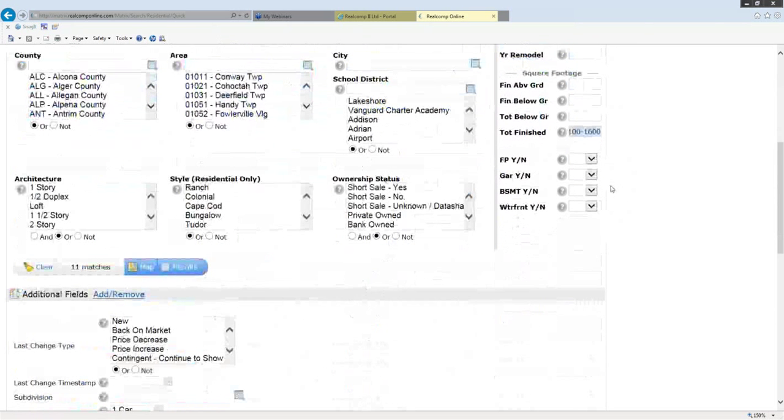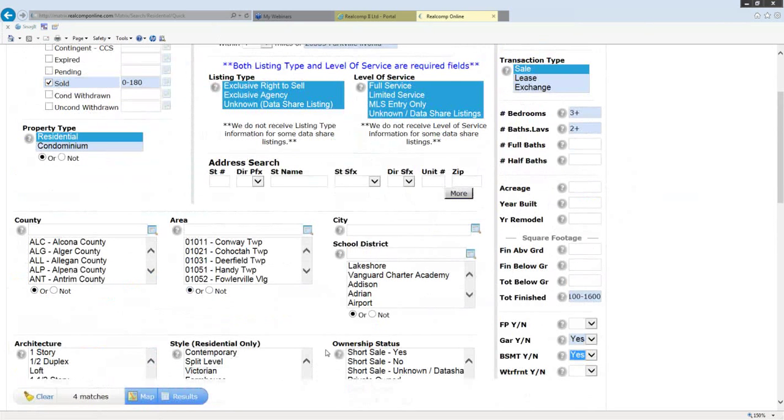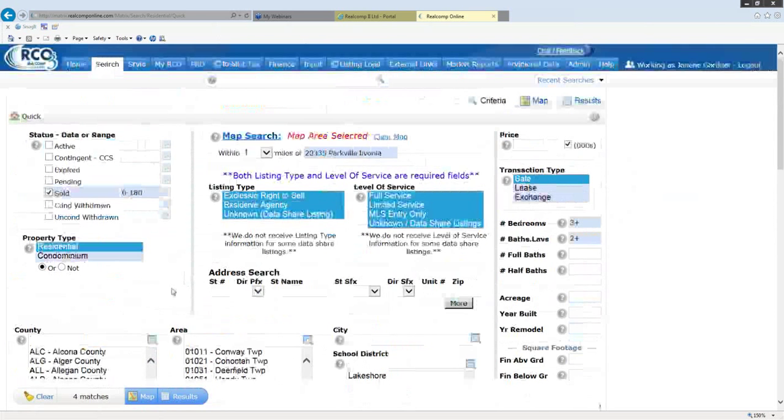The subject property happens to have a garage and happens to have a basement. So I'm going to enter those. So yes for garage and yes for basement. Now I'm down to 4 matches. So I have a couple of choices. If 4 is enough, that's fine, but if I think that I should have a few more results, I can